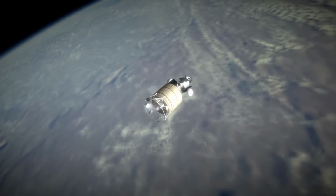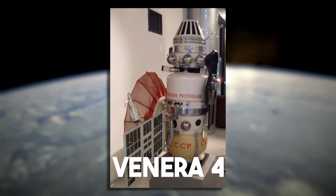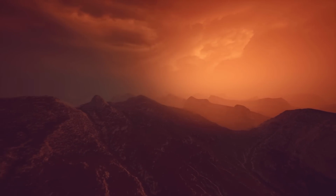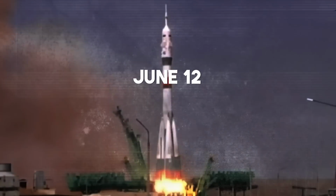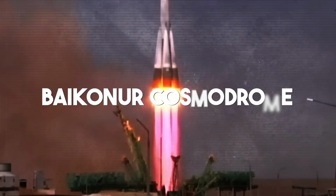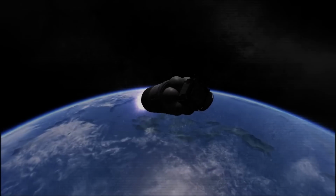Venera 3 was followed by a series of successful missions to Venus, including Venera 4, which became the first spacecraft to transmit data from the surface of Venus. Venera 4 was launched on June 12, 1967, from the Baikonur Cosmodrome in the Soviet Union. It travelled to Venus on a 5-month journey, making a course correction along the way to ensure that it would